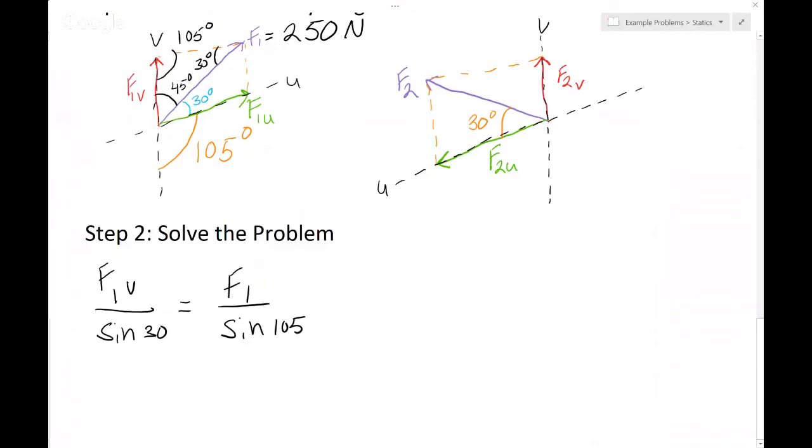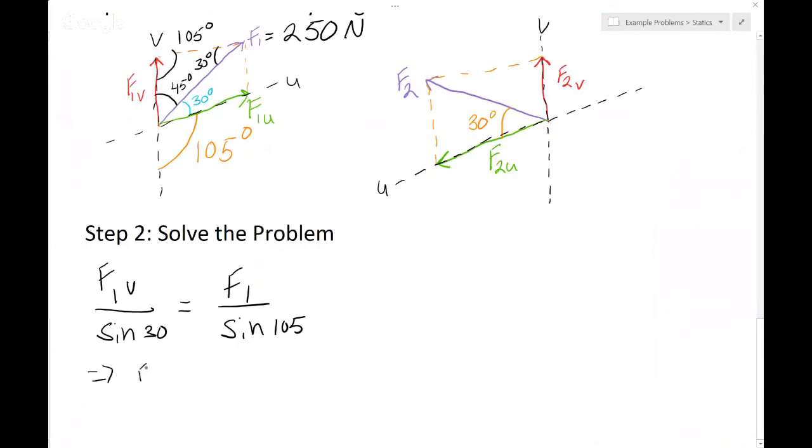And these are coming just from this here. We have our 30 degrees facing the force 1V side, and we have our 105 degrees facing our force 1 side. And so once we have this, we can rearrange